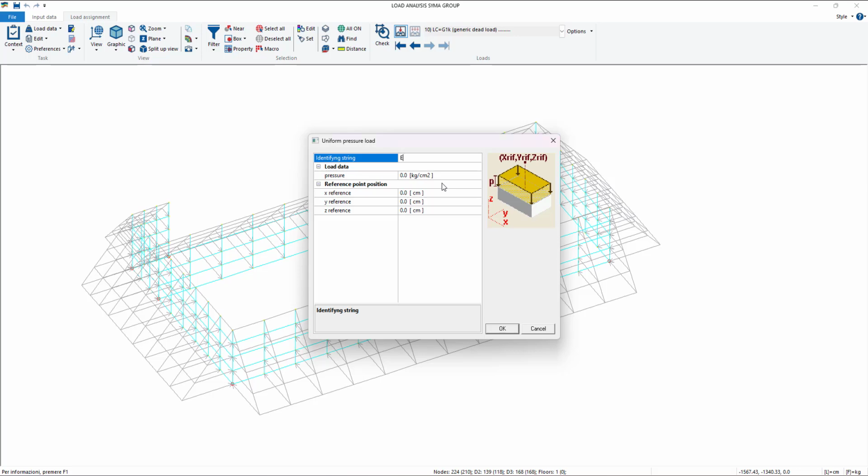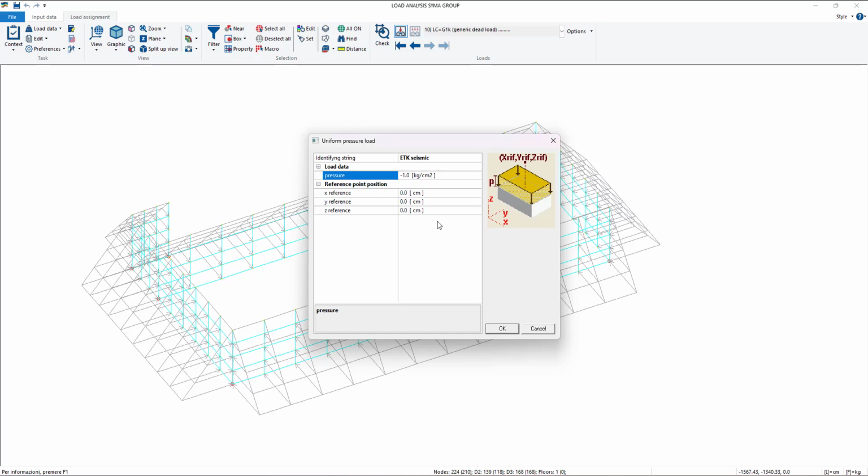Let's call it ETK, the same name as the load case in order to remember it, ETK seismic. We can define a pressure load, and the strategy is the same as before. So we're going to put a reference point internal to the structure, and we are going to use a negative value of pressure.